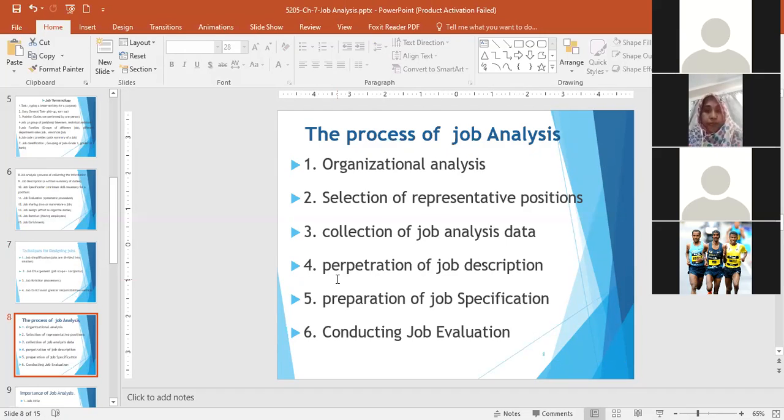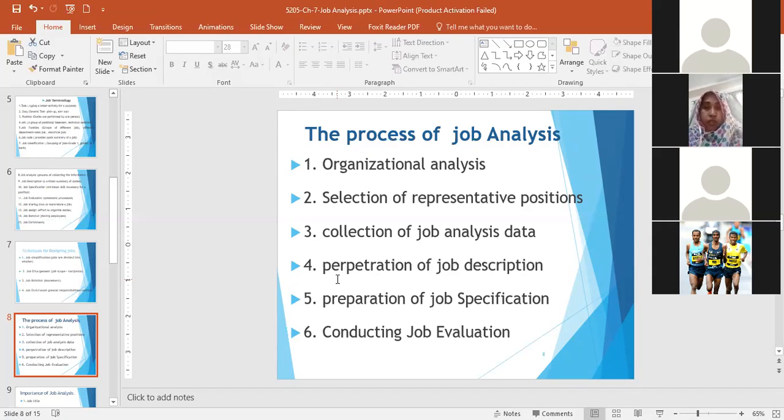And then number 3 is collection of job analysis data. Without data you cannot think, you cannot do anything. Yes, but you have to take decisions according to your data. So number 3, the process of job analysis, is collecting job analysis data. And then number 4,